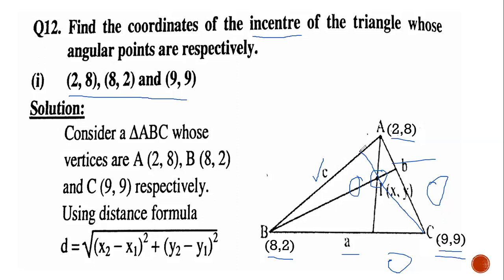In the formula we need 9 elements, 6 elements are given in the question, x1 y1, x2 y2 and x3 y3. 3 elements are missing and those elements are a, b and c. a is the length of line segment BC, b is the length of line segment AC, and c is the length of line segment AB.